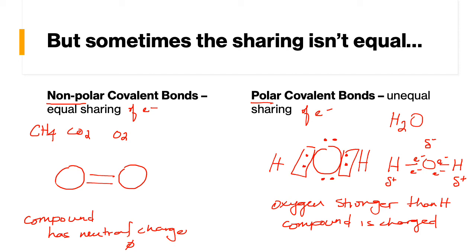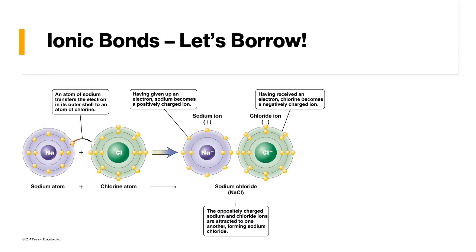So in covalent bonds, atoms are sharing electrons. There is another type of bond to keep in mind though, and those are the ionic bonds. You can really think of ionic bonds as the let's-borrow method, where rather than sharing electrons, one electron is completely borrowed from one atom by the next. A really common example of this is with our molecule that we've already briefly talked about, sodium